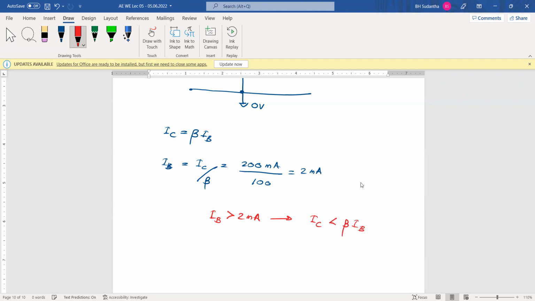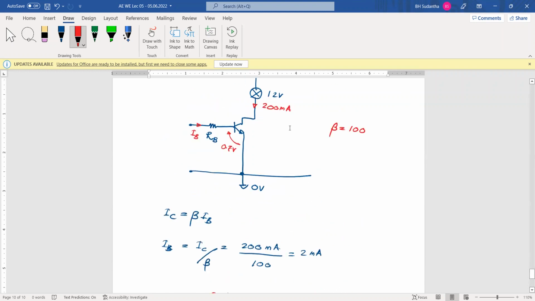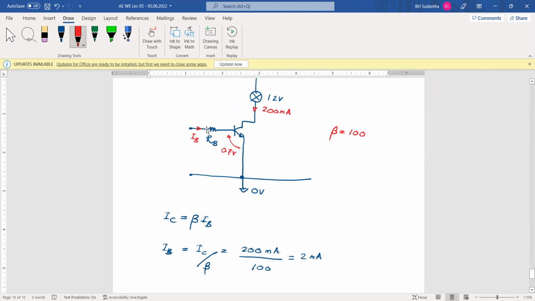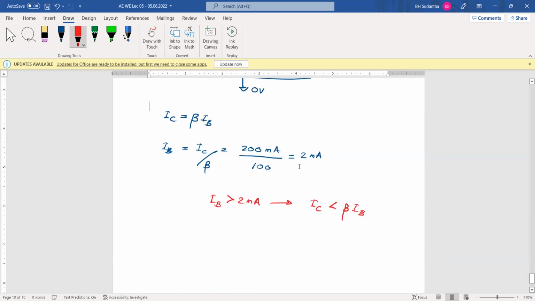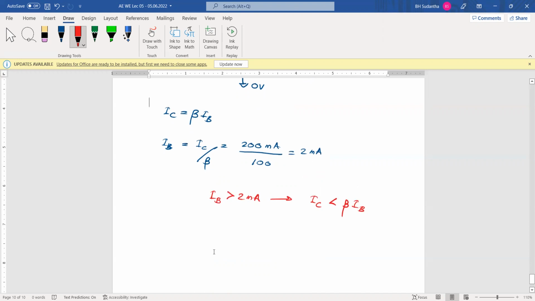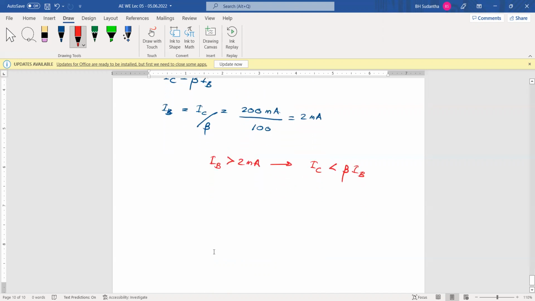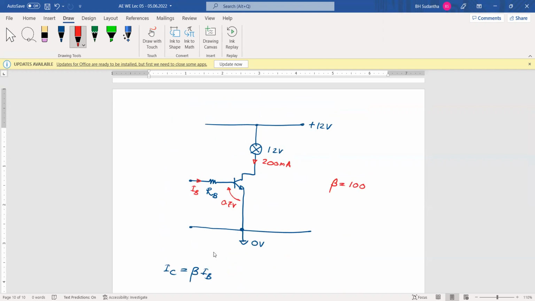beta times IB. Why? To make sure that transistor is, we are putting into saturated mode, we put little bit more current to IB. Need to make sure that here we have 0.7 volts. Okay. Then to have 0.7 volts, then IB, nearly we can calculate it as 2 milliampere. Then if it is 2 milliampere, then here we can see that